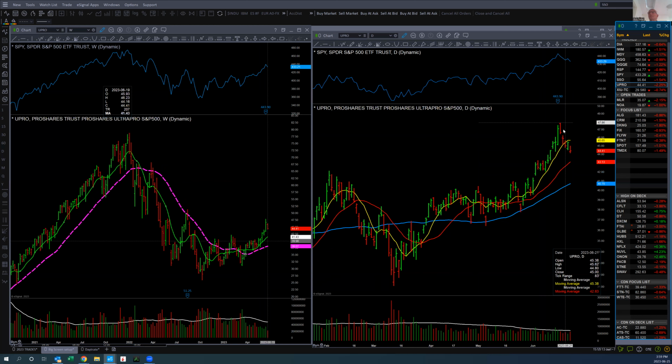So the pattern looks the same as the S&P. The difference being, if the S&P goes up 1%, this ETF will go up roughly 3%. But the converse is true. If S&P goes down 1%, this will go down about 3%. As an example, I don't know how well you can see this on your screens. On Friday, the S&P was down 0.74%. The SSO, which is double leveraged, went down 1.5%. And this UPRO went down